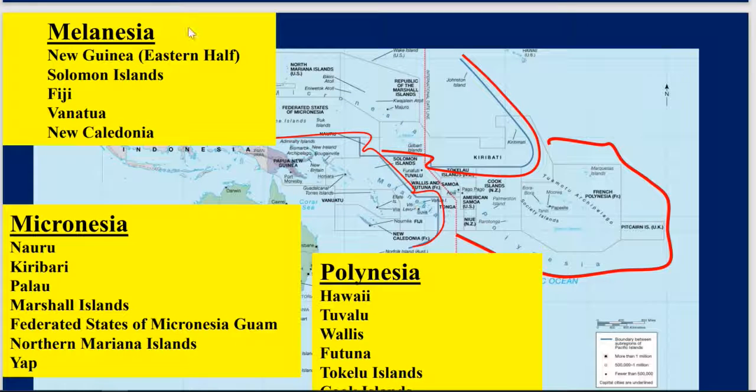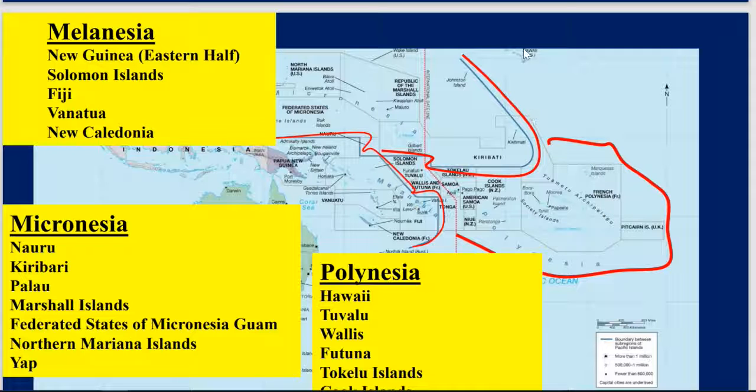Now we have Melanesia, which includes New Guinea, the Solomon Islands, etc. That is all right in here. Just north, there's New Guinea, just northeast of Australia. Then you have Micronesia, which is the Marshall Islands and a list of other islands, Guam, Yap, etc. That is the area just northeast of Melanesia. And then you have Polynesia: Hawaii, Futuna, and so on. These islands out here, Fiji, etc.